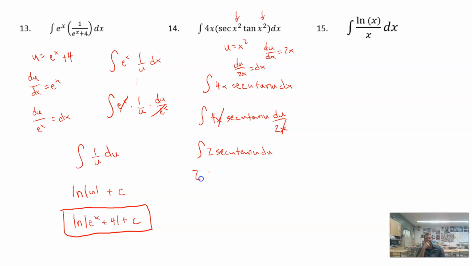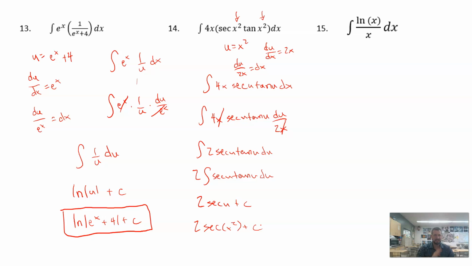The 2 can come out in front, so I've got 2 secant u tangent u du. I take the antiderivative of that. The antiderivative of secant u tangent u is secant u plus c. Then I plug my u back in, so I get secant of x squared plus c, and there's my answer